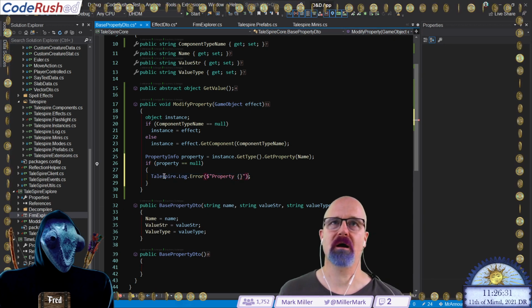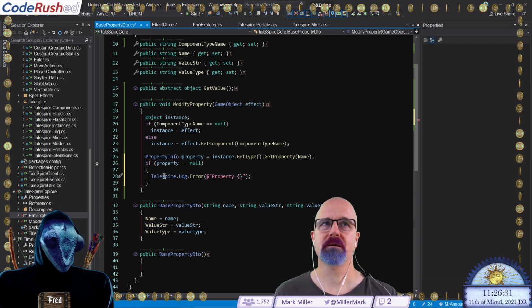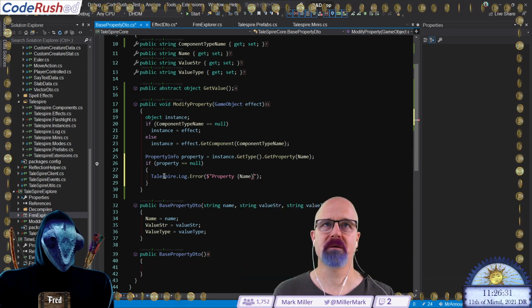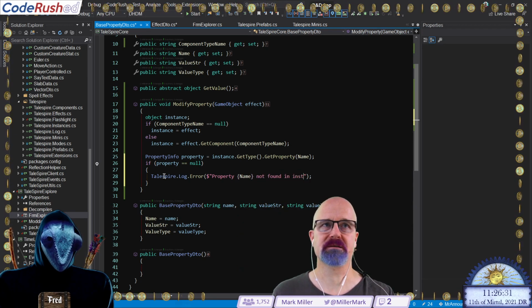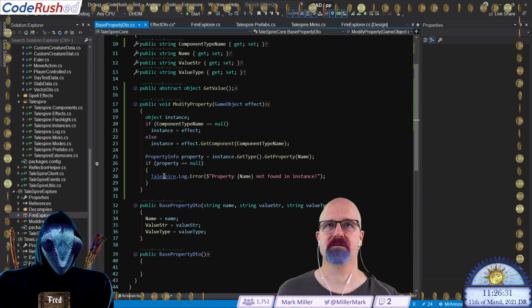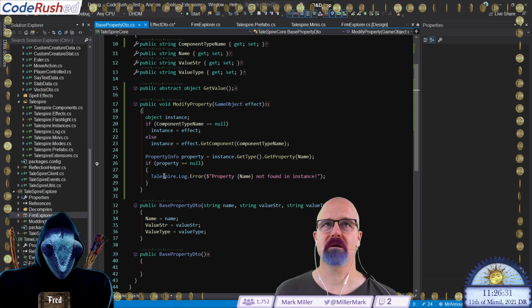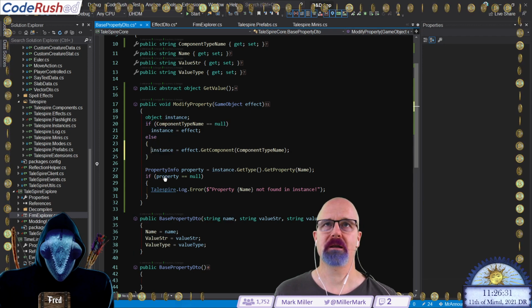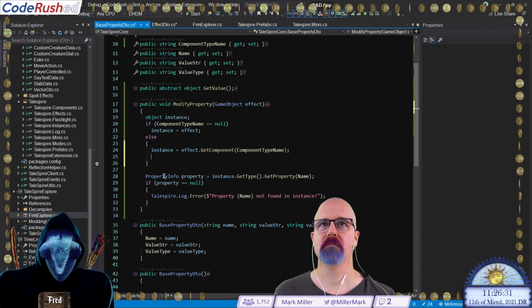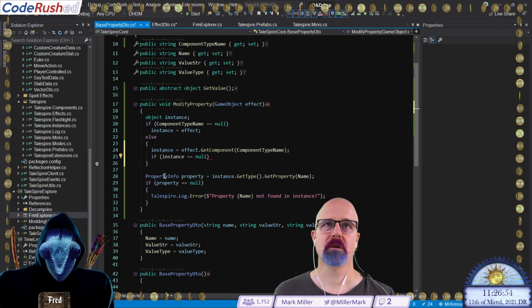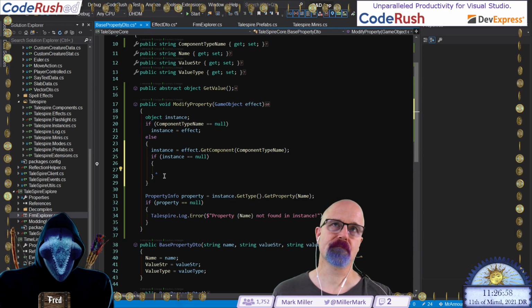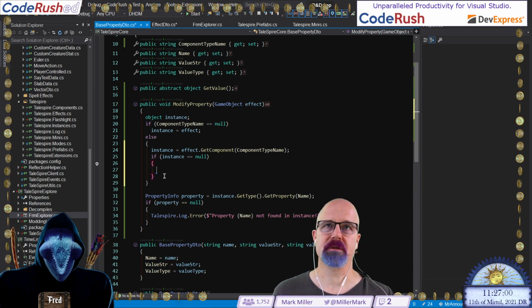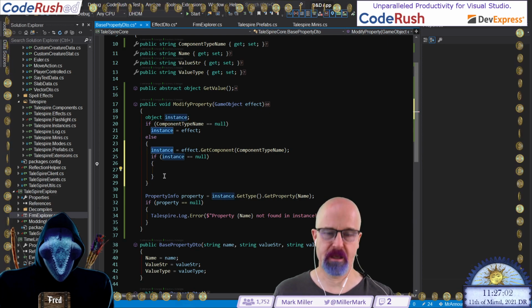Okay, so here, property name not found in instance, like this. So there's my error right here. I need error checking here. Then I want to say, yeah, it's going to be the same kind of thing.